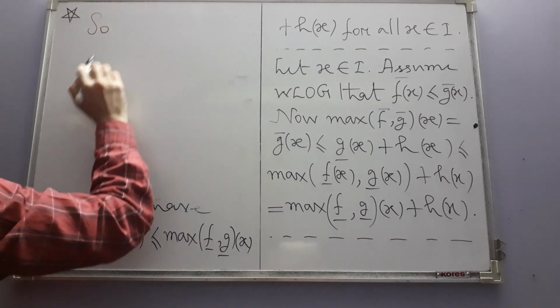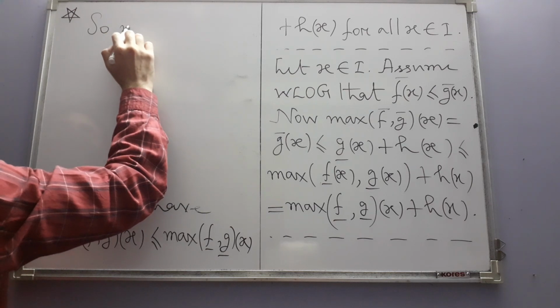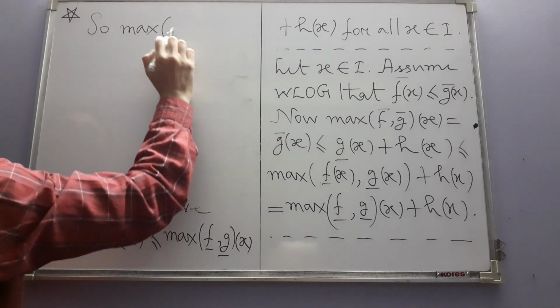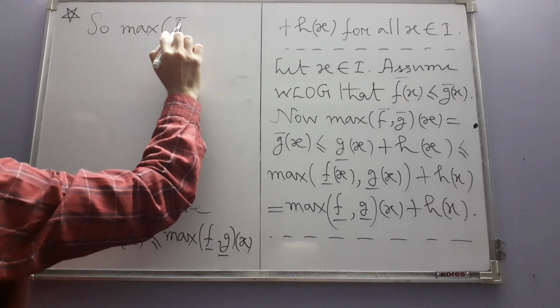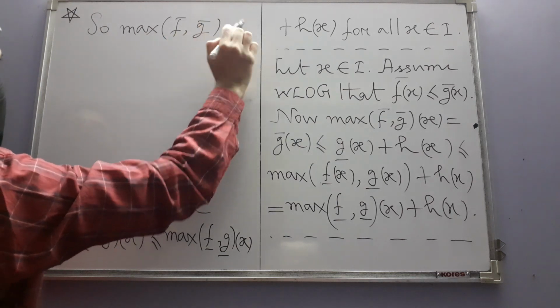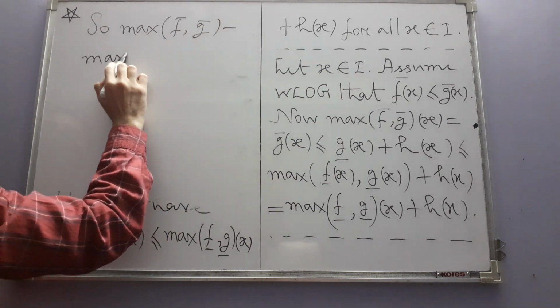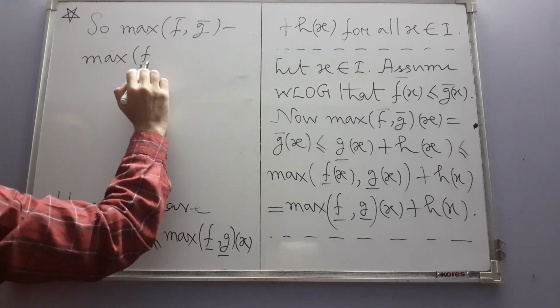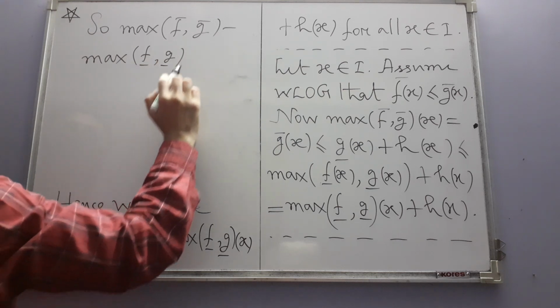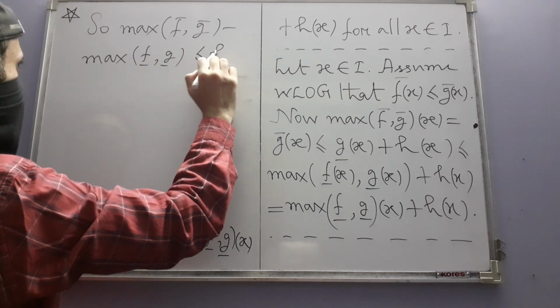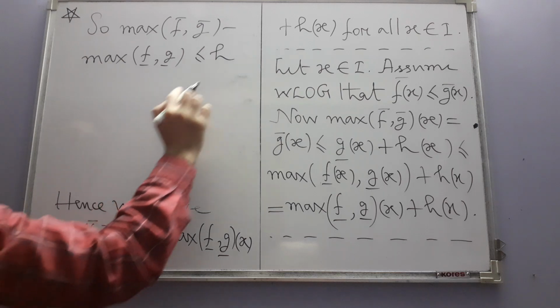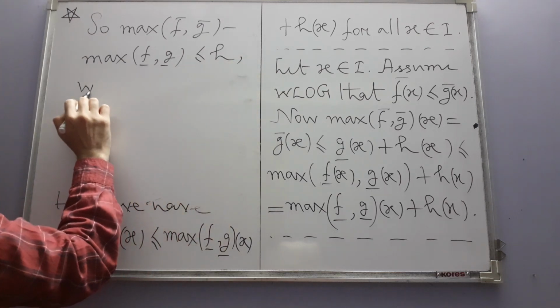So max of f bar comma g bar minus max of f underscore comma g underscore is less than or equal to h, which implies